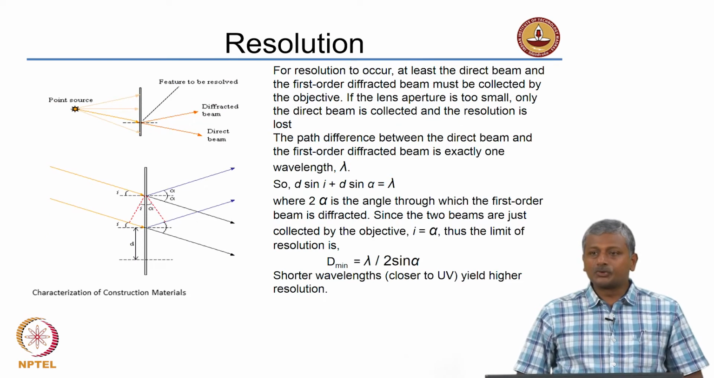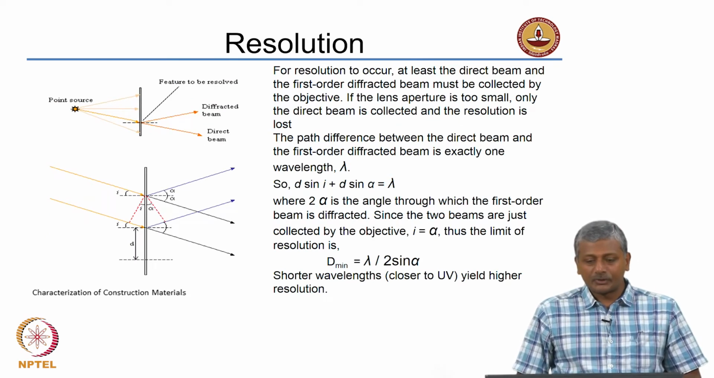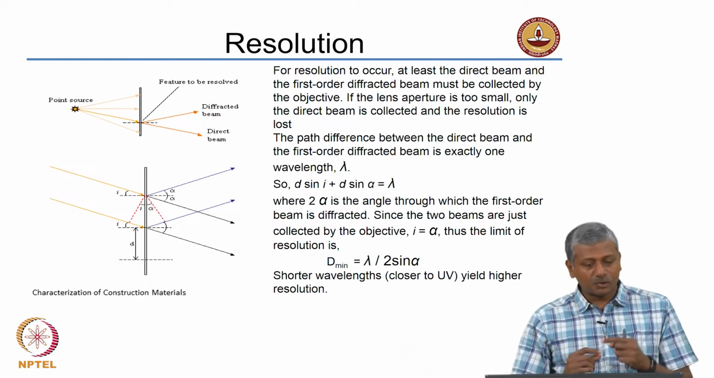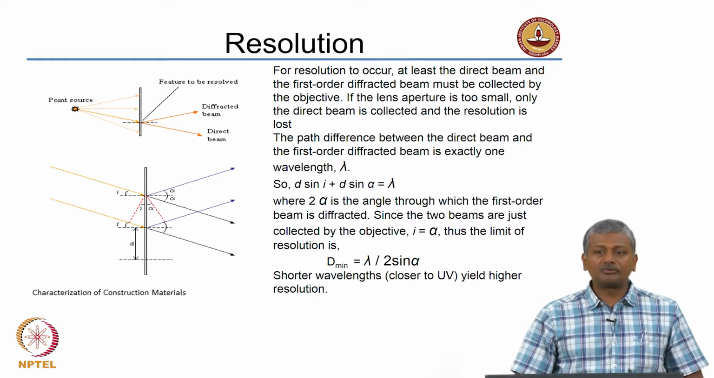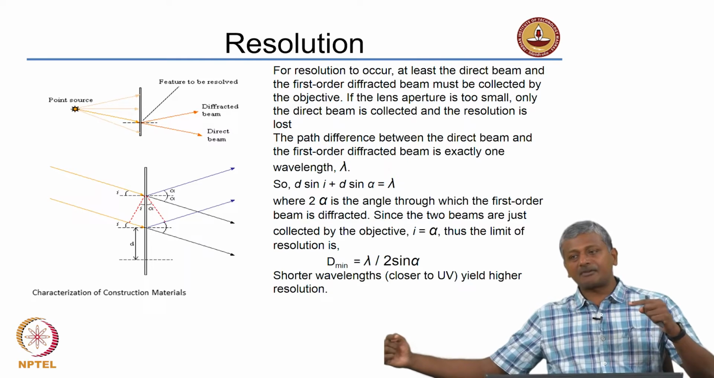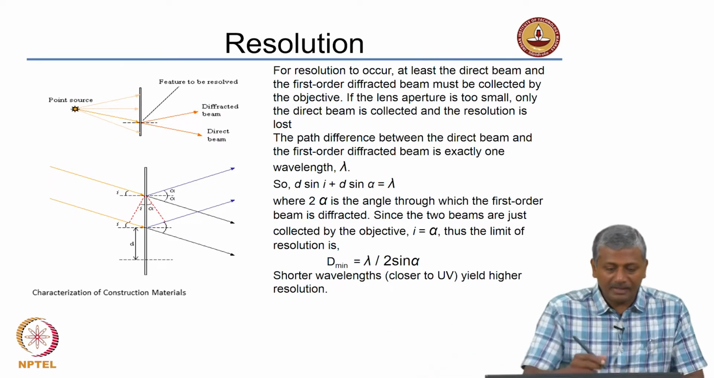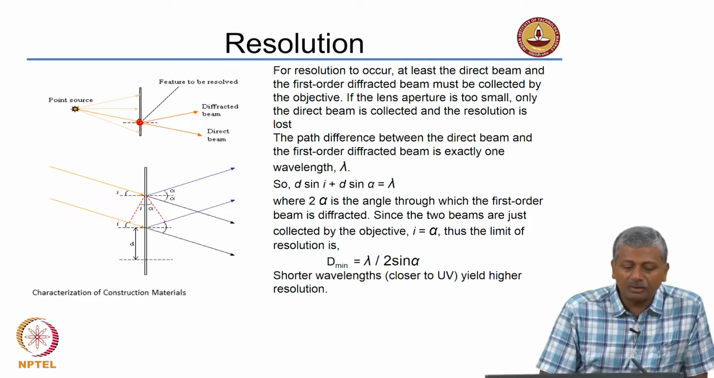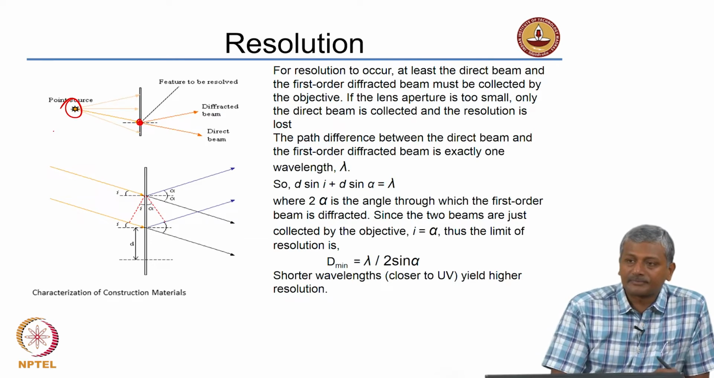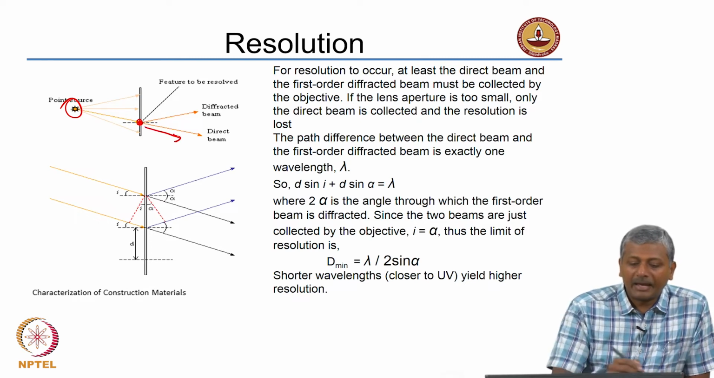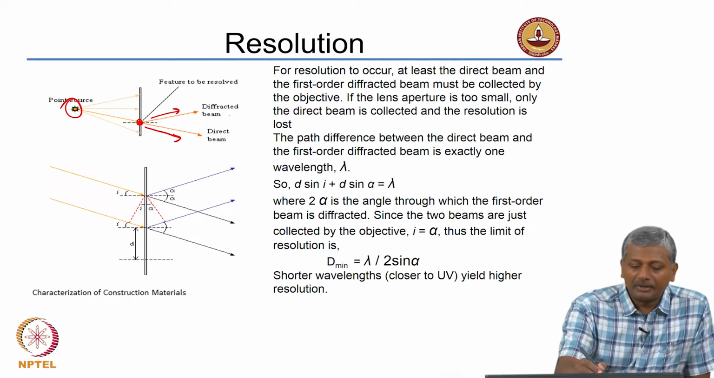So again, just to look at the physics of resolution. For resolution to occur, in terms of light passing through the object or passing through a slit, resolution of the point requires that both the direct beam that is coming from that point and the first order diffracted beam, right. For example, here this is the point that you are trying to image, that is the light source, okay. So the direct beam and the first order diffracted beam, if you are viewing this,